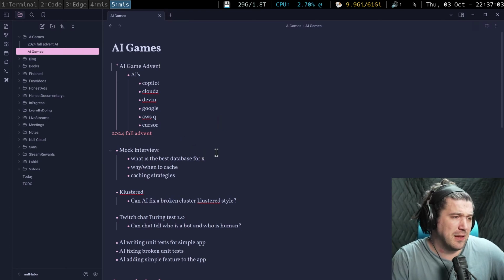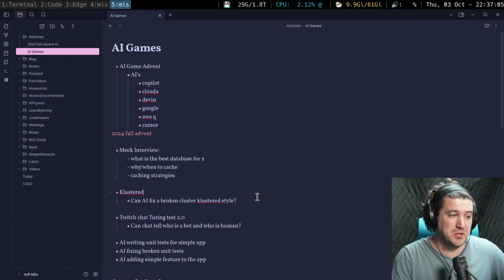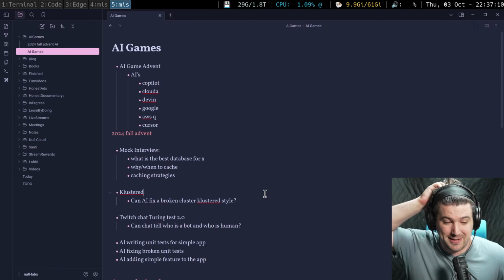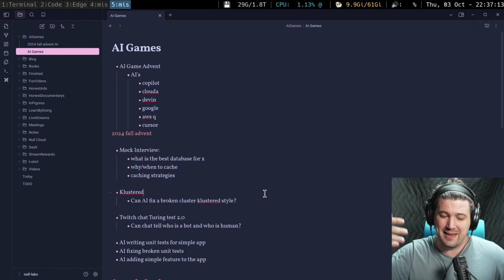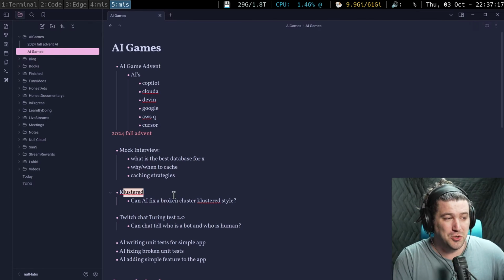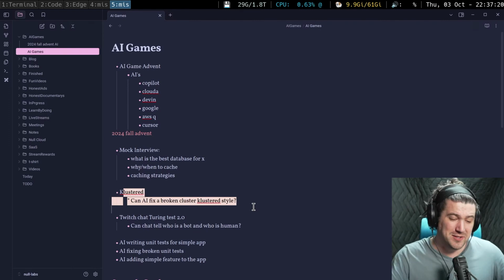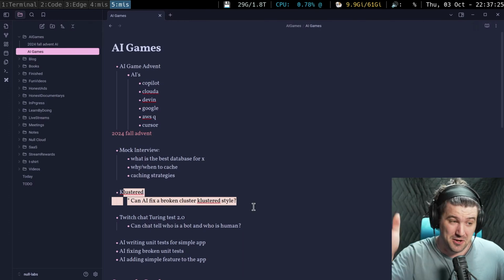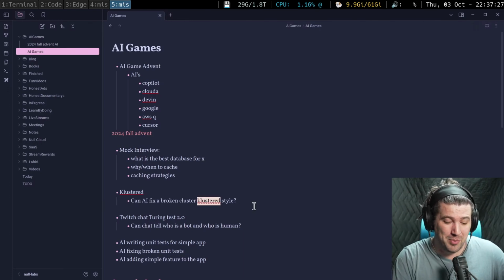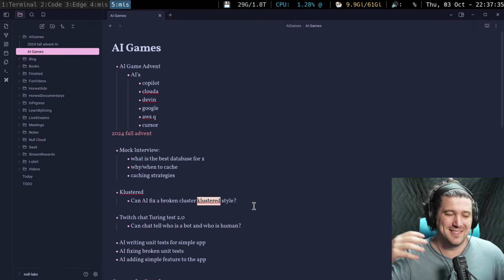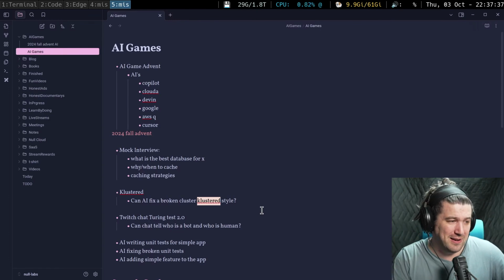Then we're going to do like a mock interview, a clustered style thing. We're going to take a broken Kubernetes cluster, and there are 2 AIs that can interact with Kubernetes and help you fix it. We're going to get 2 broken Kubernetes clusters. One's going to be an infra problem, and one's going to be an application problem. I say clustered style, but Raw Code himself is going to break one of these for us. Hopefully he'll also join us as we try to fix it with the AI.